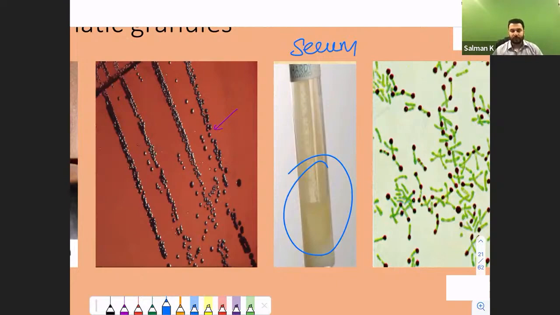Now, know the next part of what I'm telling you here. Enriched media is liked by everybody. That means any organism can grow on it. Enriched media is liked by pretty much everyone. Okay? So now, if you got this,